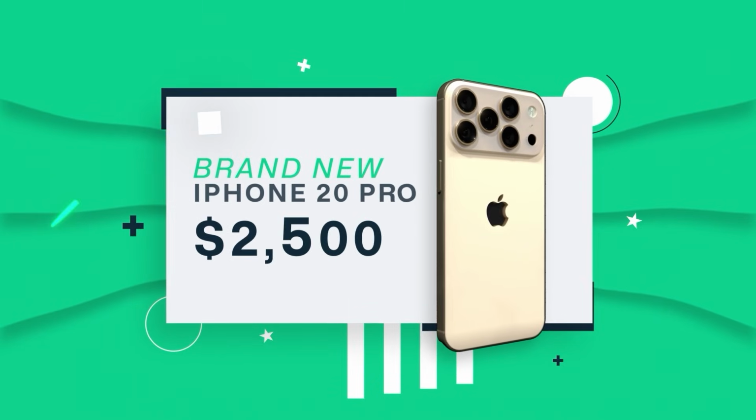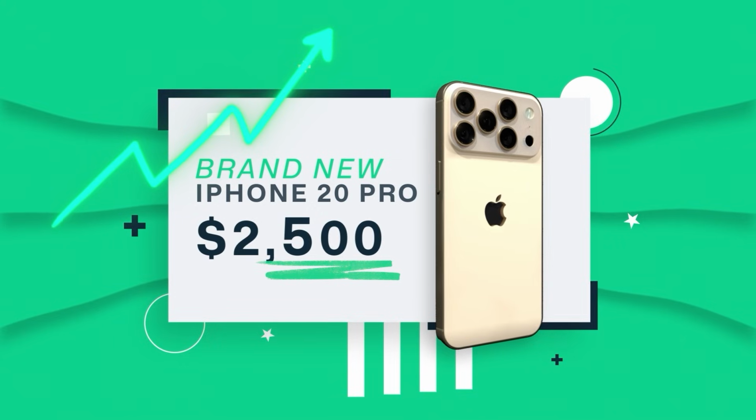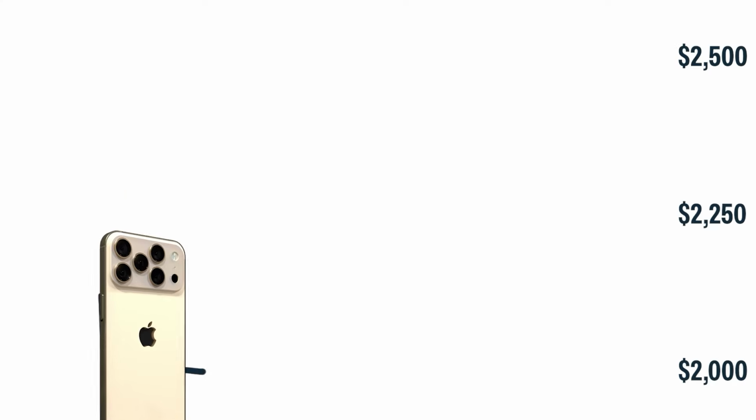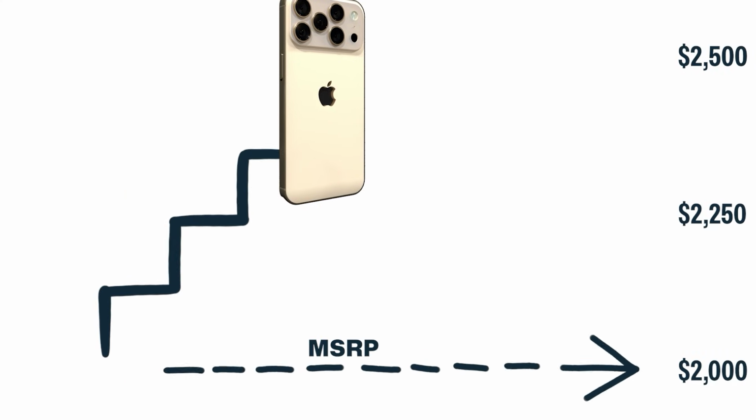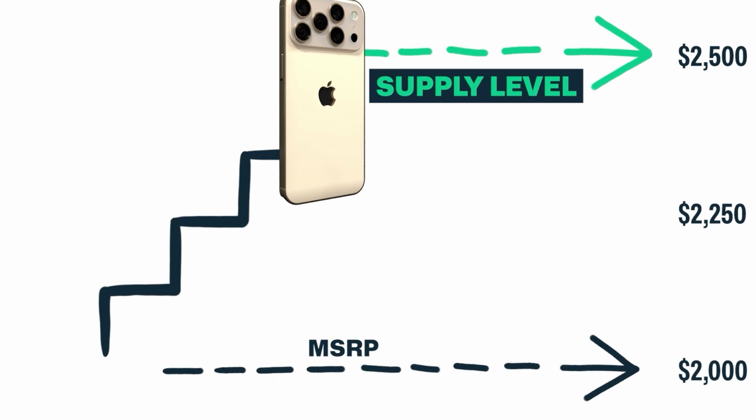Think of it like iPhones, right? When the newest model drops, everyone and their mom wants one, but there's limited supply, so prices stay high. You might see that a new iPhone is selling for $500 above retail price on eBay because buyers will pay whatever it takes when supply is scarce. That $500 markup is actually what's called a supply level, meaning resellers won't sell for less because they know that